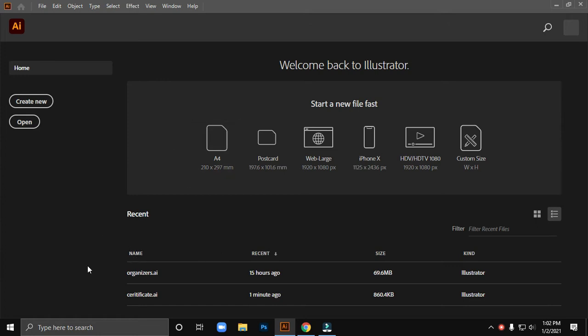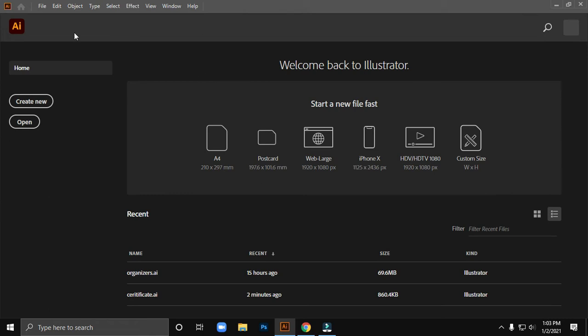I have recently designed some things that will show in this part, and these are some presets of files, but we'll show how to create custom files later. So in the top we'll find a title bar containing several contents like file, edit, object, type, select, effect, view, window and help. So today we will learn how to create a new file and how to use selection tool, shape tool, and how to save a file into Adobe Illustrator format and a JPG format.